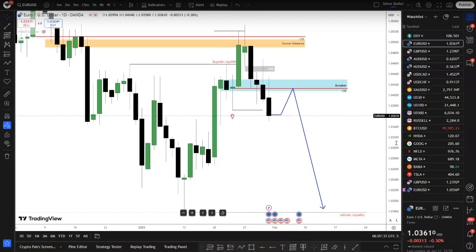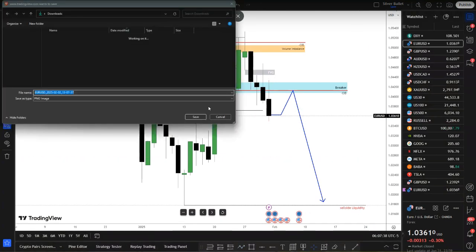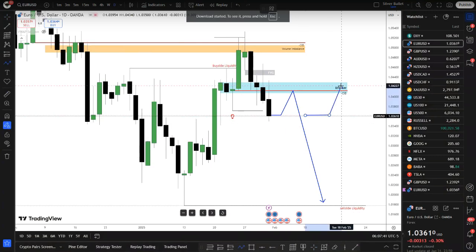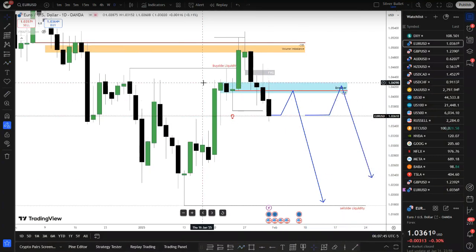Okay, so this will be my idea, guys, on Euro all this week. I am bearish. However, I still want to see price open. If I'm bearish, you know that, as always, I want to see price moving against me so I can trade that distribution. Always. That is always the case.